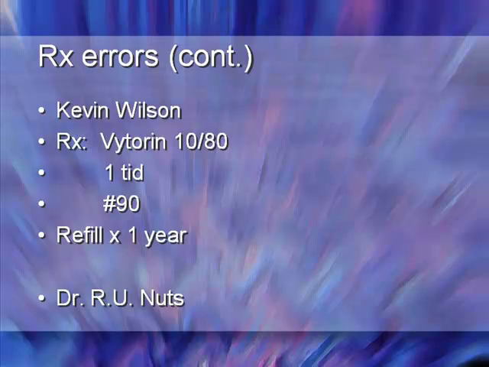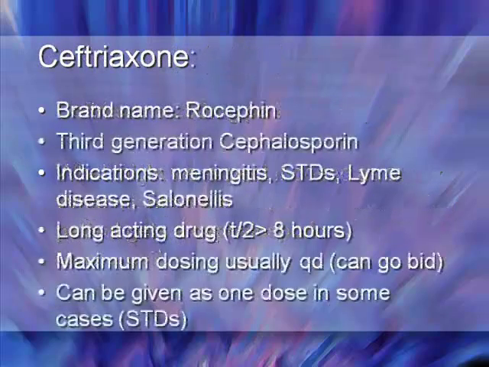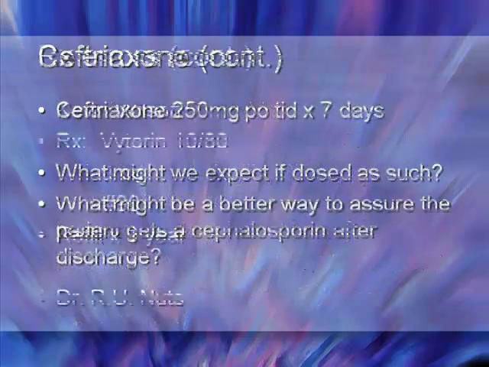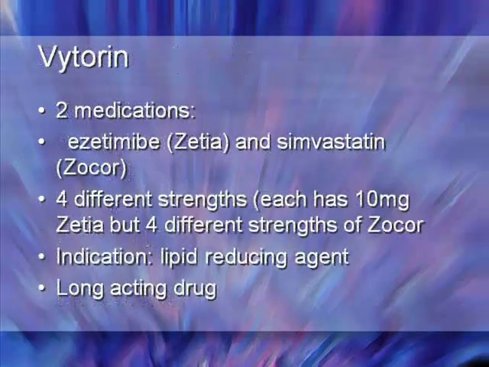Everybody know what Vytorin is? This is going to definitely be new to your formulary. Anybody know? This is a combination drug. This has 2 drugs in it. Obviously, you'll be able to tell that anyway by the dual numbers. This is for lipid problems. It has ezetimibe, which is Zetia. That controls lipids by blocking their absorption in the gut. The drug's been in the news a lot. The feds say it's not effective. I have people who do just fine with that. And then simvastatin, which is